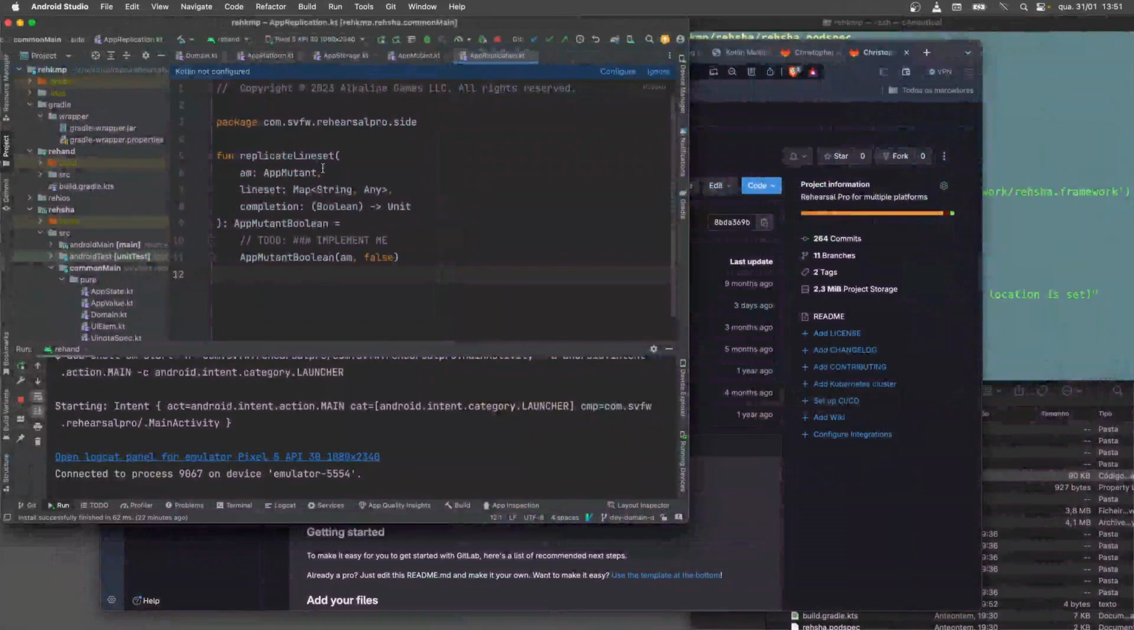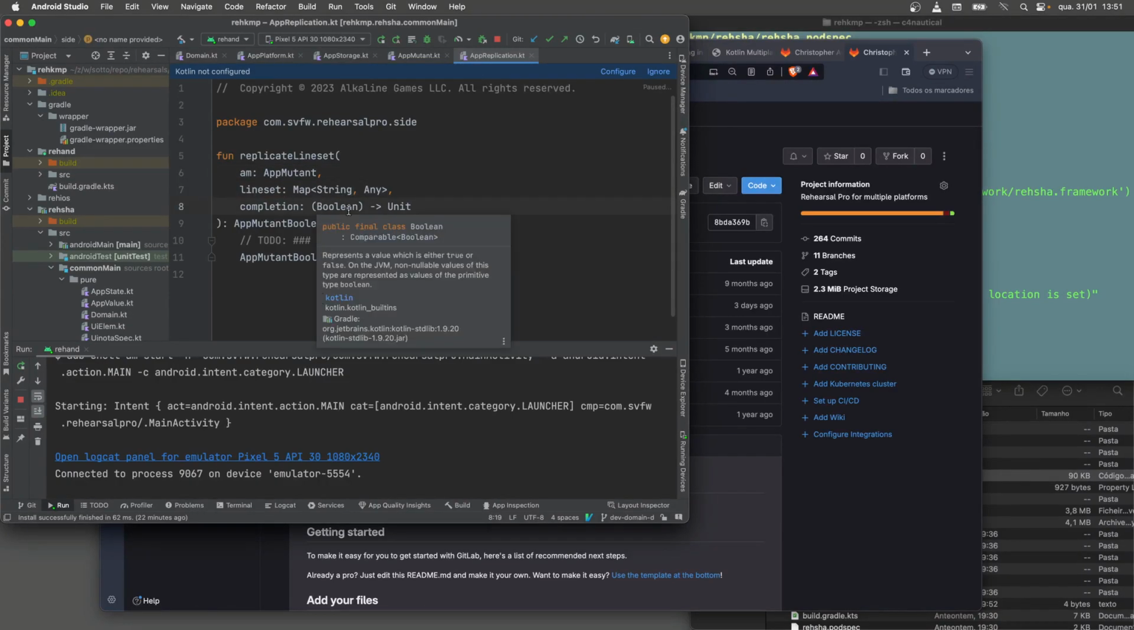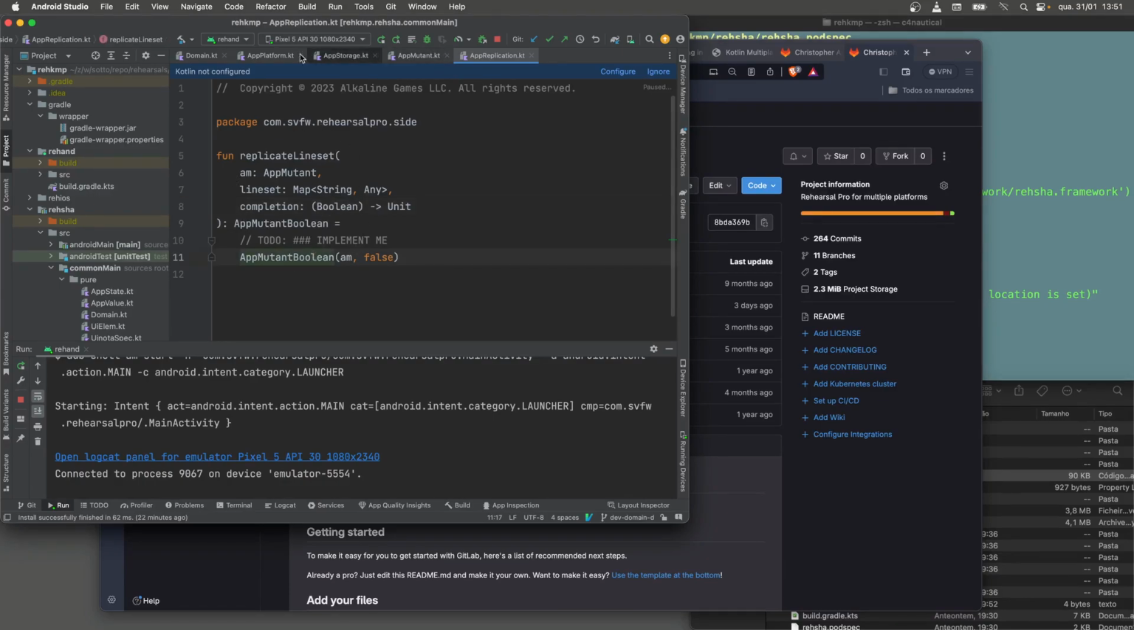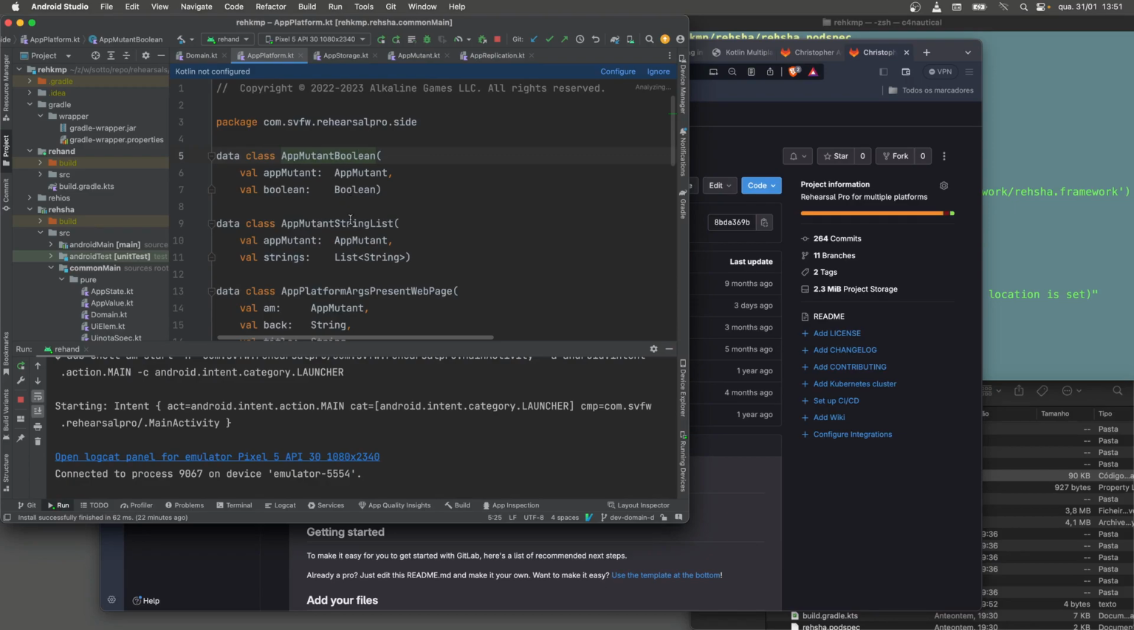This function has been stubbed. Replicate line set, give me an app mutant because it's a side effectful function. Give us the line set and give us the completion you want us to call. By the way, I'm going to return a Boolean whether I even started the process, yes or no. And because of the way the app mutant works, I have to bring this back as a struct. I added this struct app mutant Boolean